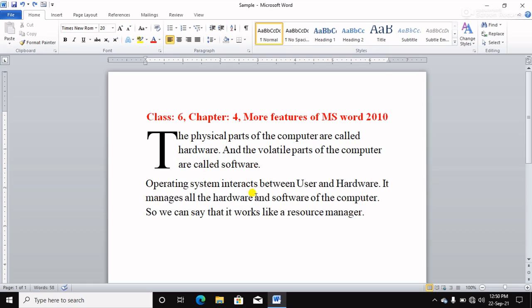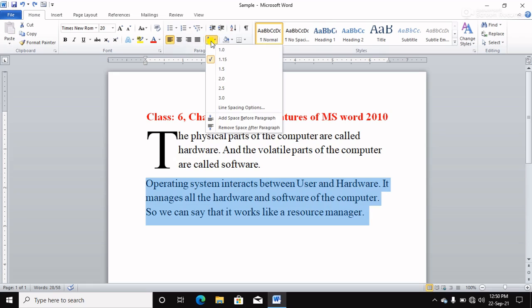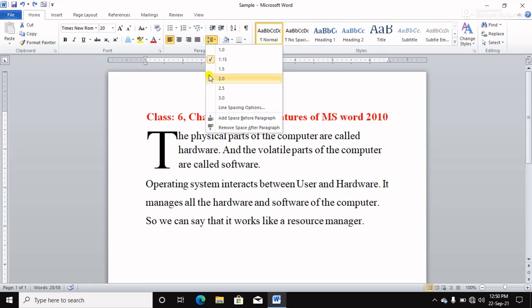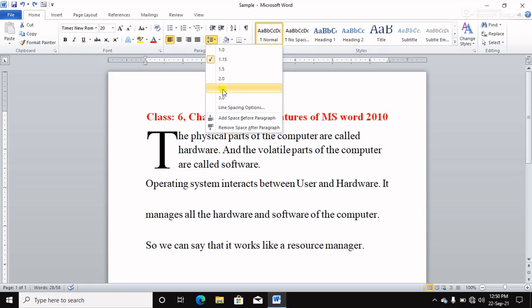Now, what is line spacing? This option is used to increase or decrease the white space between the lines of a paragraph. How can you change it? Suppose I want to give space between these three lines. Just select them, click on this and choose 2.0.